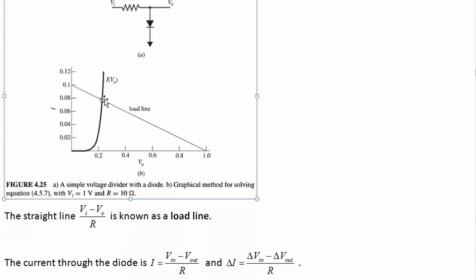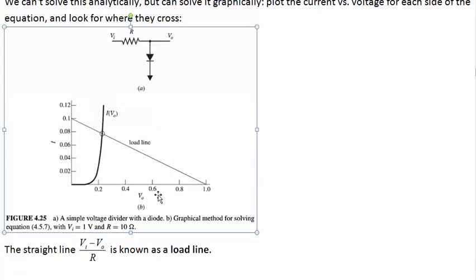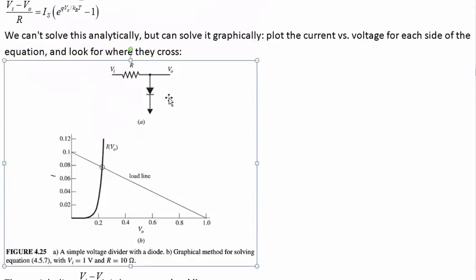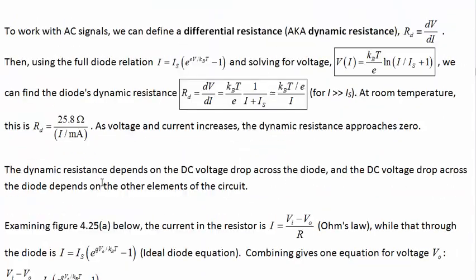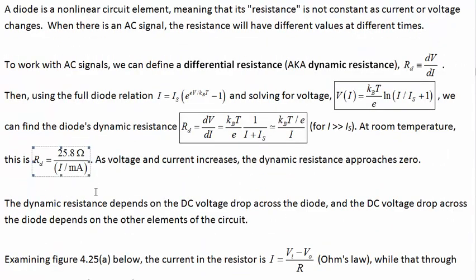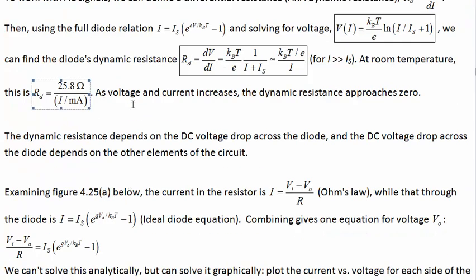And then we've got the current versus voltage solved for. In circuit terminology, this is a common thing to do. So they call this straight line from the resistor the load line. It depends on the circuit that the diode finds itself in. Now, up here, back when we looked at the dynamic resistance, the dynamic resistance of the diode was increasing with